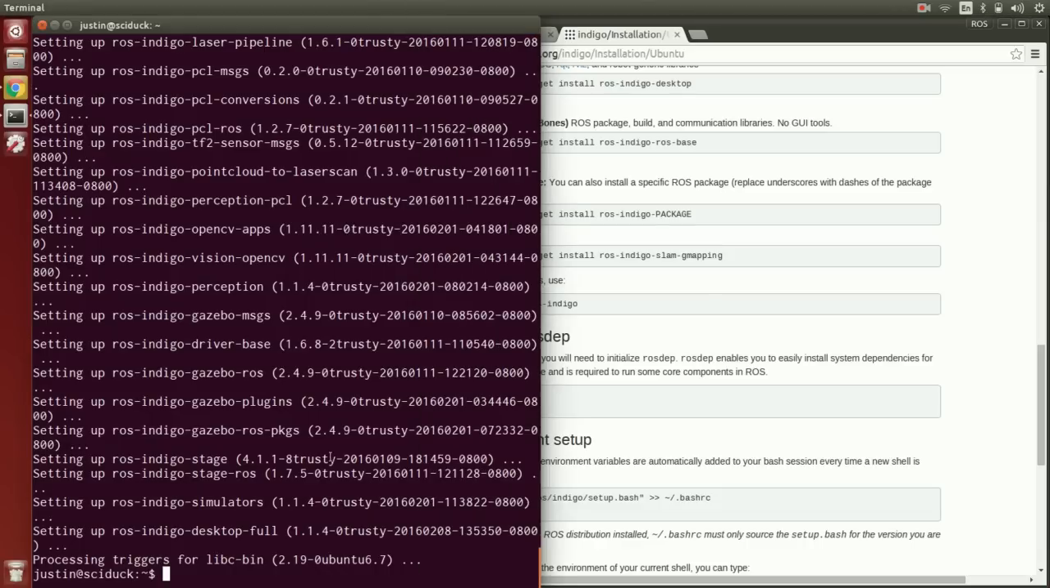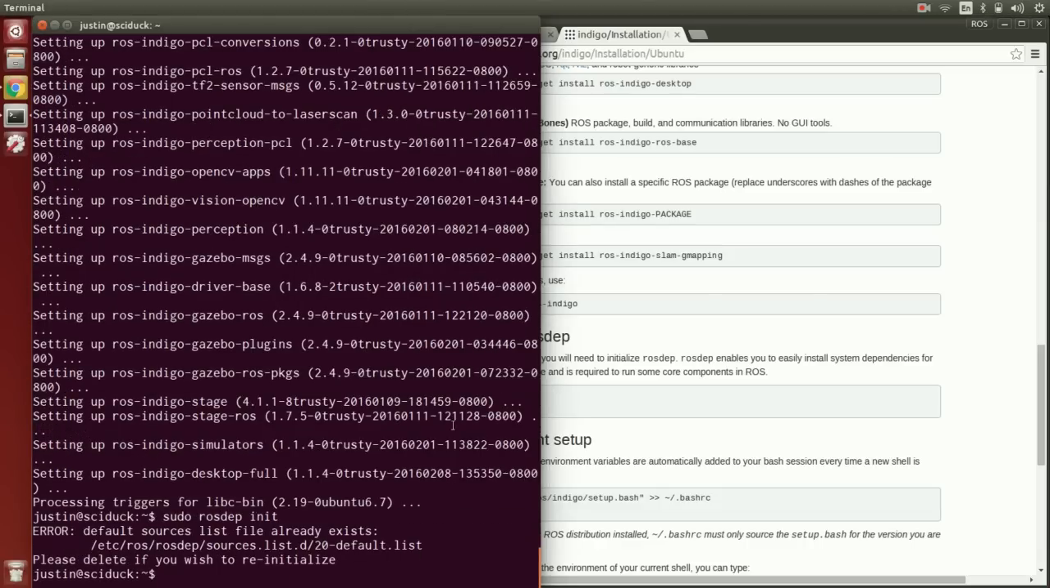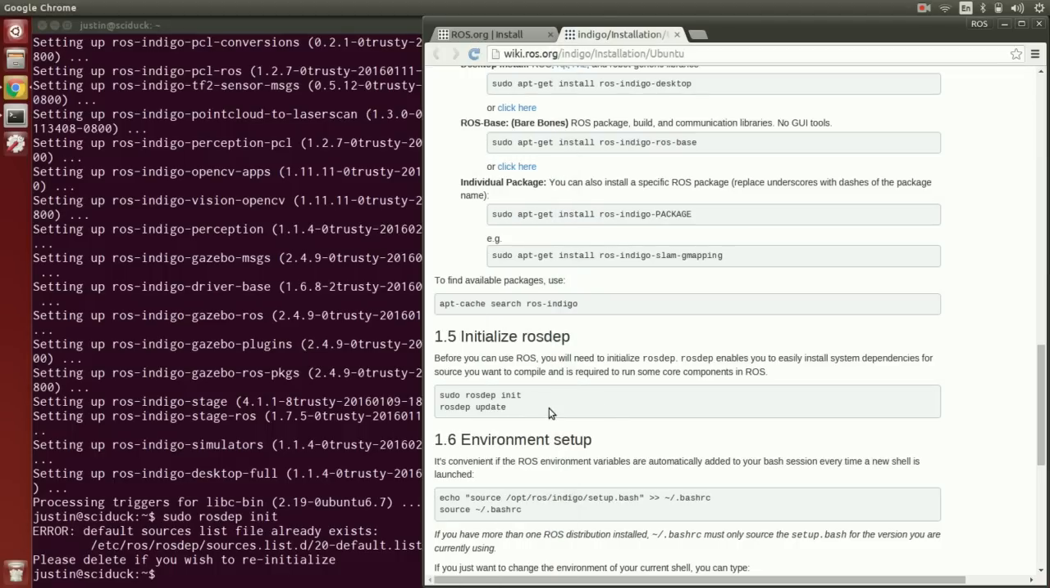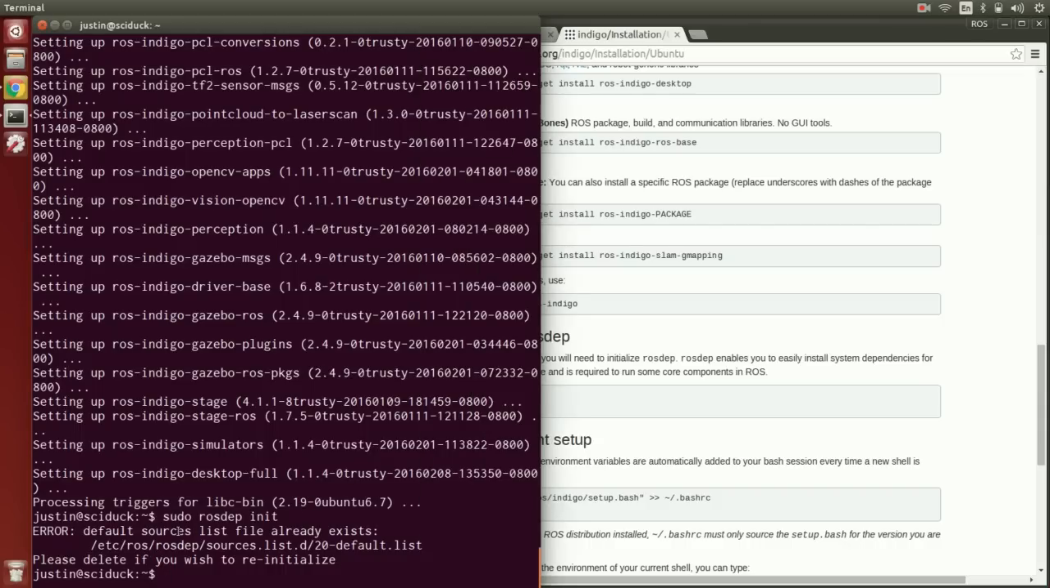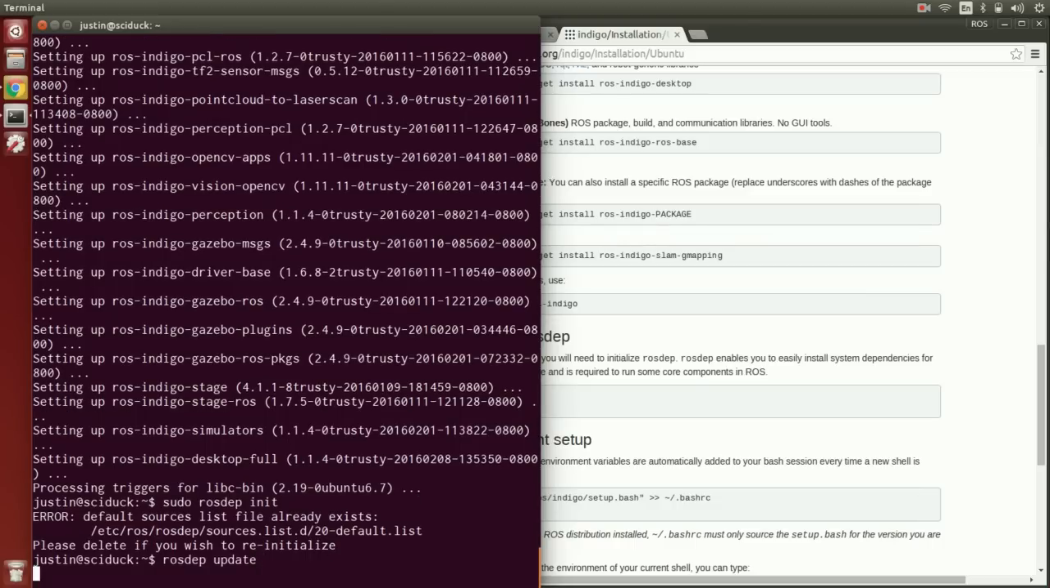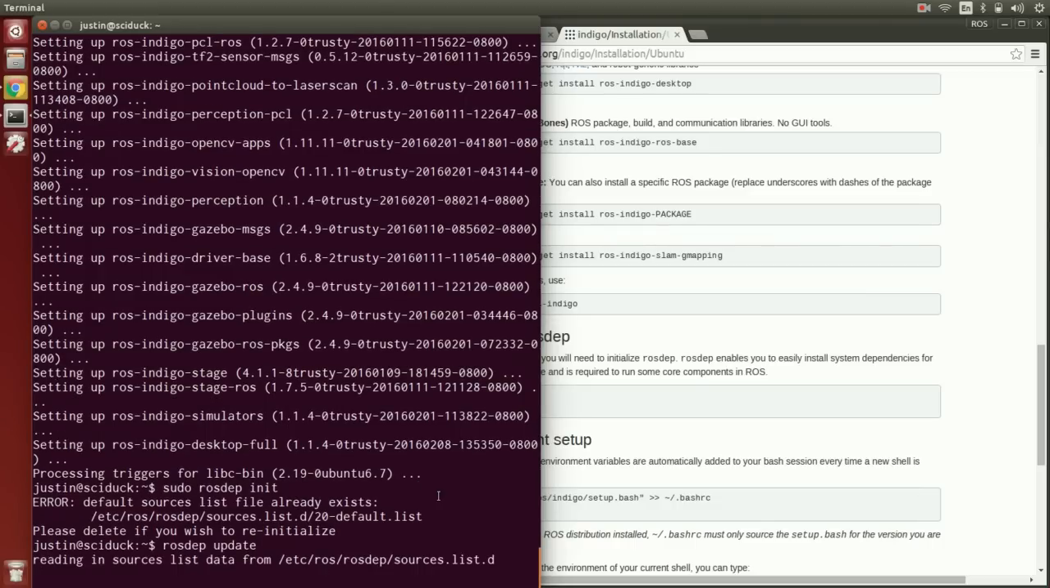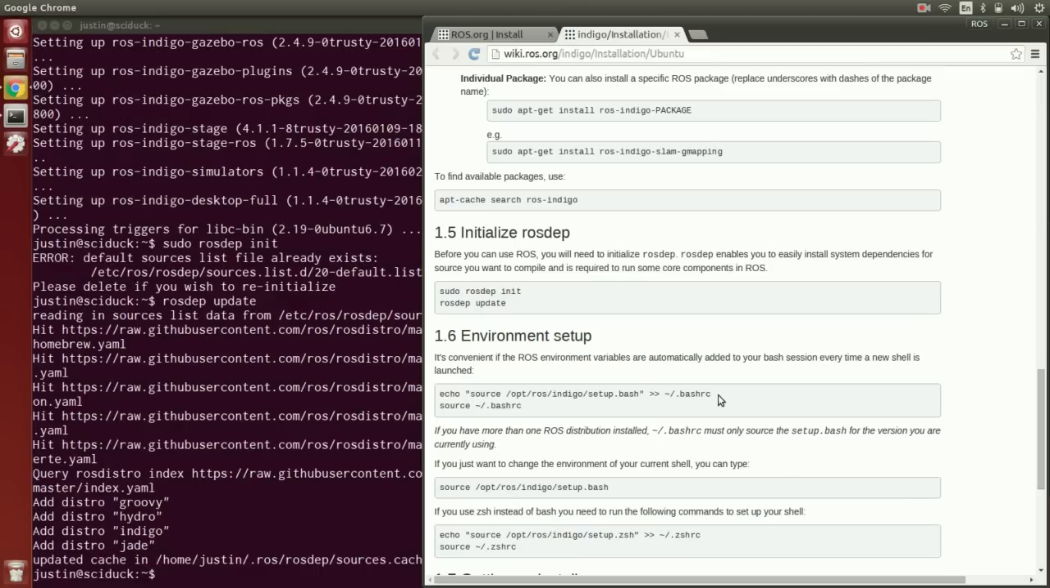So now we're going to continue with further steps. Just make sure you run sudo rosdep init as sudo, but then you don't use sudo when you run rosdep update. In this case, it says that I've already done this because I've already installed ROS on this computer before. So go ahead and just run rosdep update. Okay, so now that we're done with that,